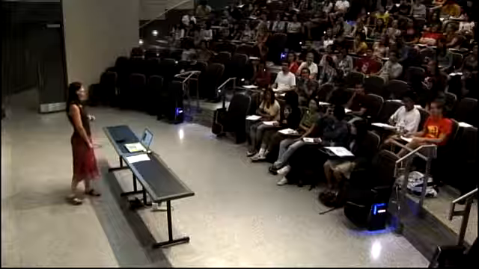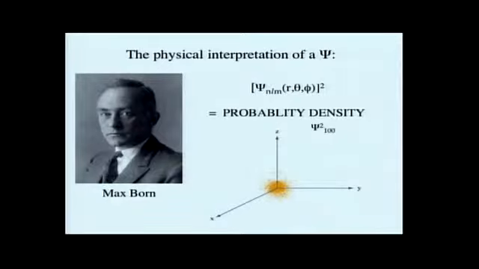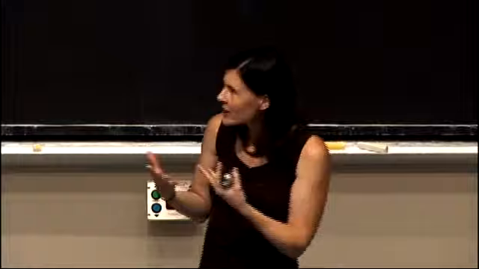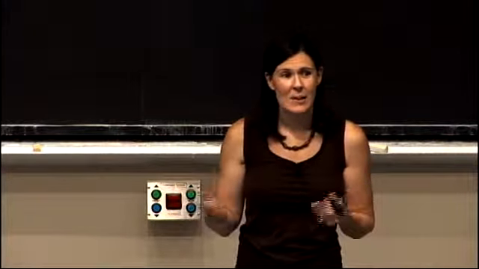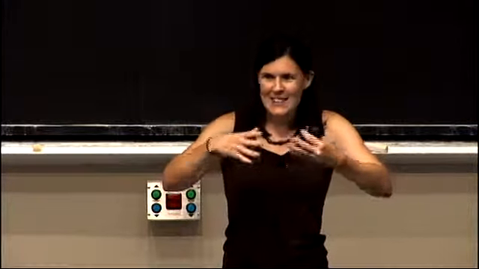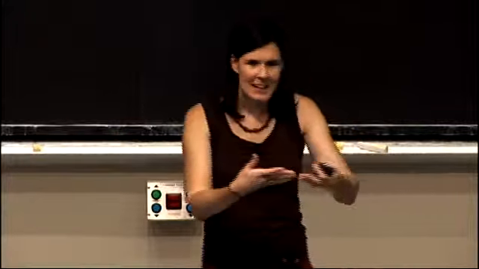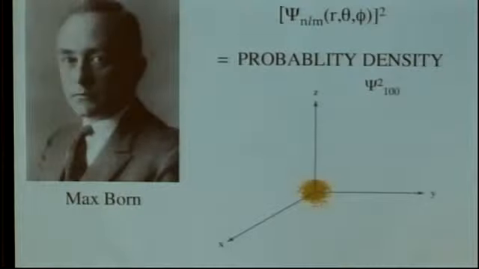Then back to the non-trivial knowledge that is not trivial at all: how do we think about this probability density now that we have a little bit more of an idea? We know that it's a density, it's not an actual probability. So one way we could look at it is by looking at this density dot diagram, where the density of the dots correlates to the probability density. Near the nucleus, the density is the strongest, the dots are closest together. As you get far away from the nucleus,